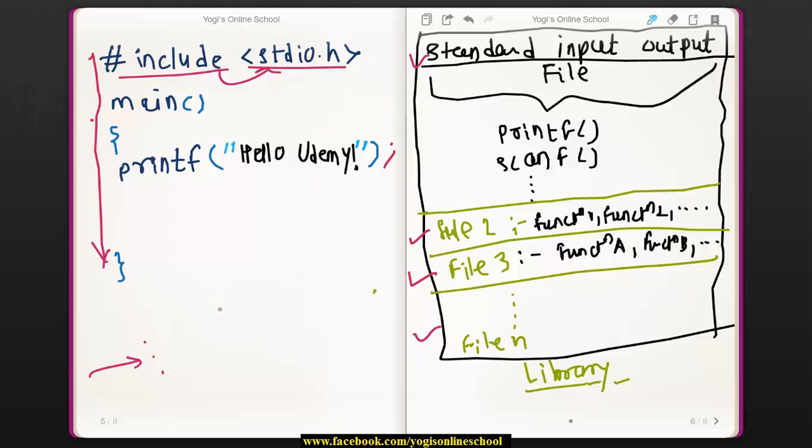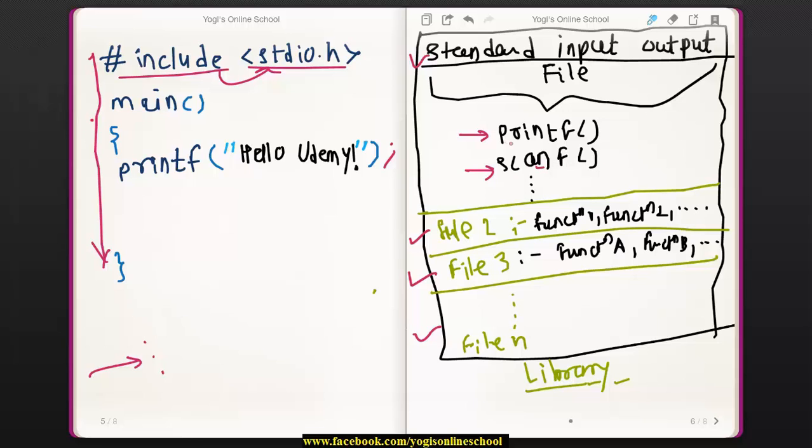Now, each of these files consists of different functions. The standard input output file consists of different functions like printf, scanf. Now, printf is used for standard output purpose and scanf is used for standard input purpose.